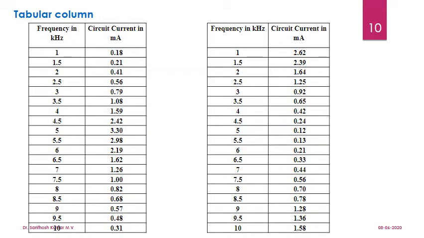The obtained values in the experiment will be like this. We varied the frequency from 1 kilohertz to 10 kilohertz with a variation of 0.5 kilohertz, and you can see the current increases till 5 kilohertz. Beyond that, the current starts to decrease. Similarly, in the parallel resonant case, we vary the same order of frequency. You can see the nature of variation of the current: it decreases till the minimum value at 5 kilohertz. Beyond that, once again the current increases. If you plot the graph for the same values, you can get a graph like this.